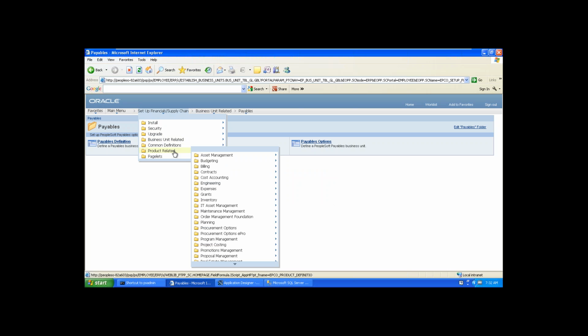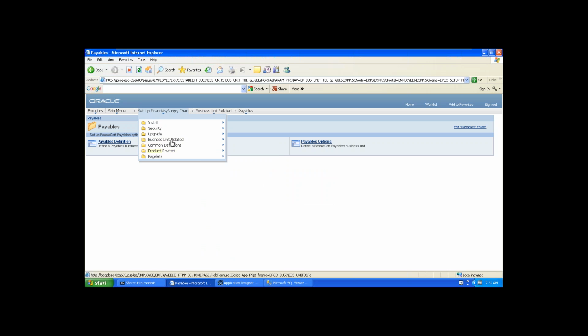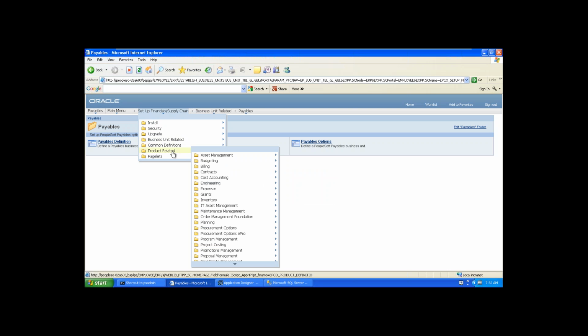Okay. So almost 80% of setups we can do under these three navigations. But my question is, for example, billing is connected to different other modules, right? So if you make a change in product related billing, isn't it going to impact other things?